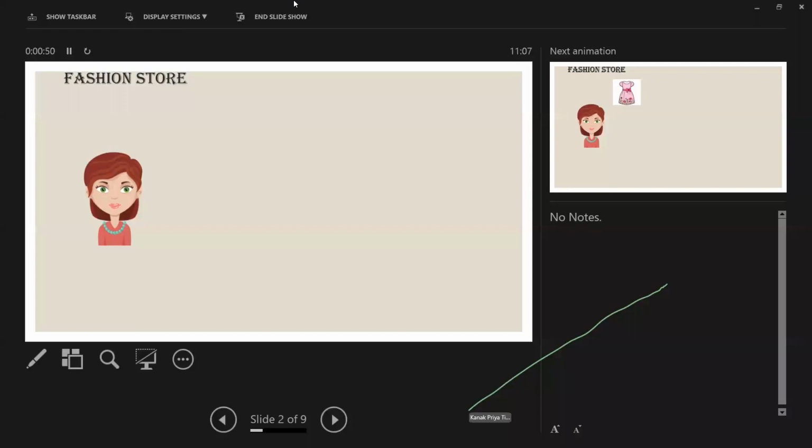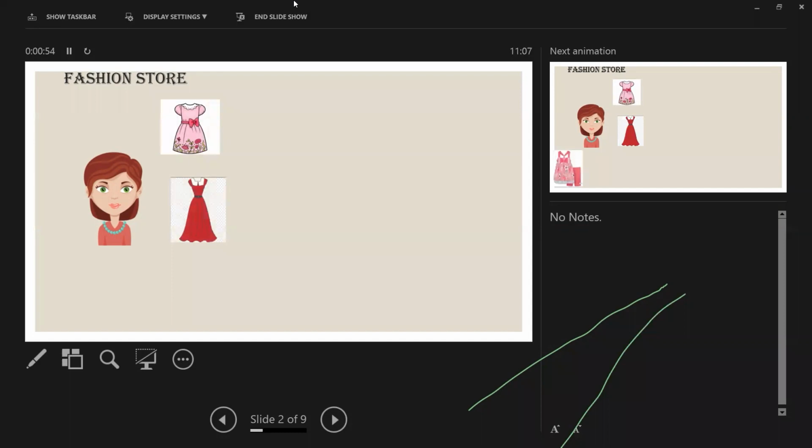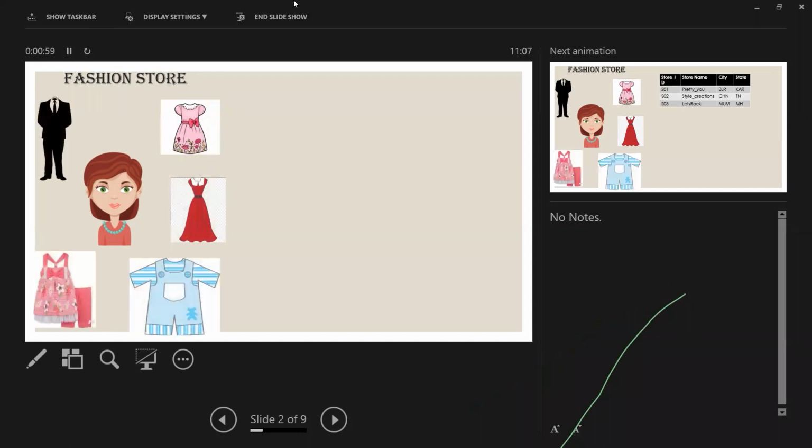Now, she is planning to sell some apparels for kids, for women, for boys, for men. She's planning to set up a physical store, like offline shopping, where we go to the shops and purchase.